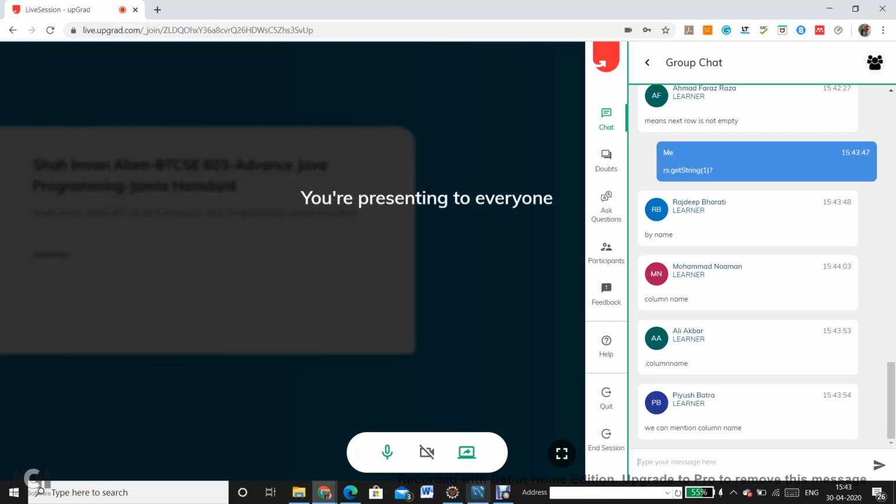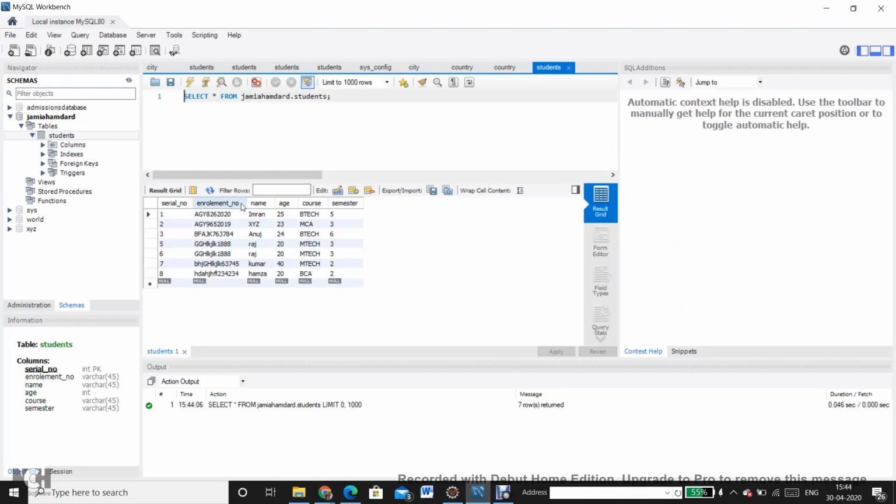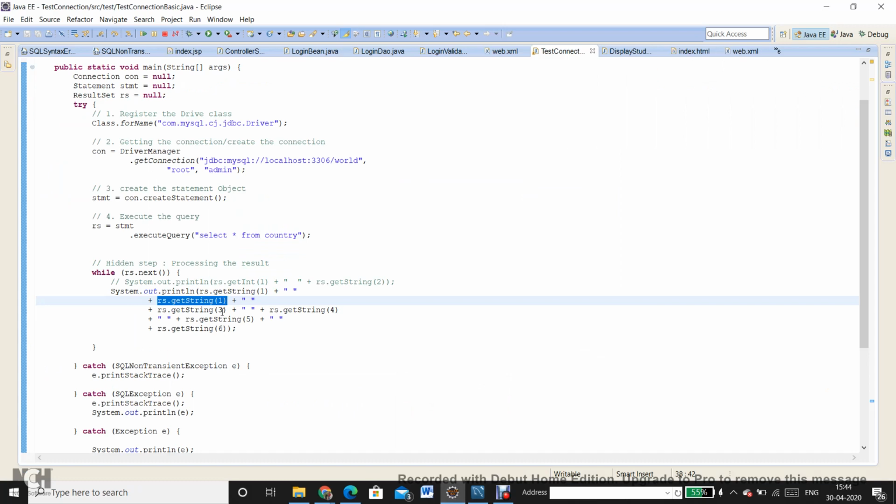For that you always have to look at the database structure. Even if you just have a select option, you can see serial number, domain number, and you can use any of them to fetch the column values individually. Instead of specifying the index value, you can specify the name.